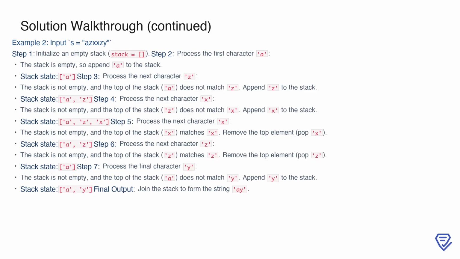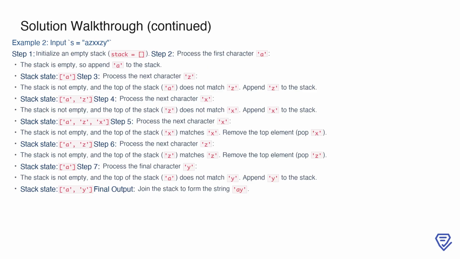Now, let's look at example 2, where the input string is azxxzy. We start by initializing an empty stack. The first character is a, and since the stack is empty, we append a. The stack now contains a. Next, we process z. The top of the stack, a, does not match z, so we append z, resulting in a, z. Moving on to x, the top of the stack, z, does not match x, so we append x, making the